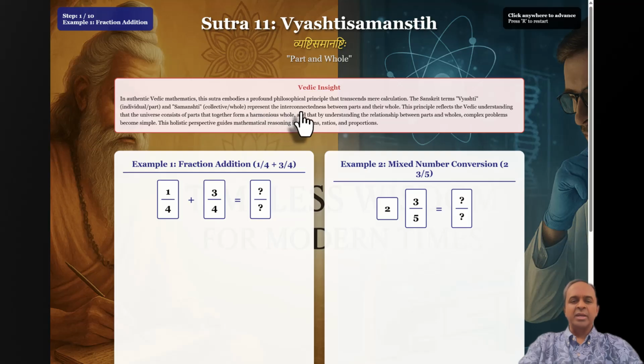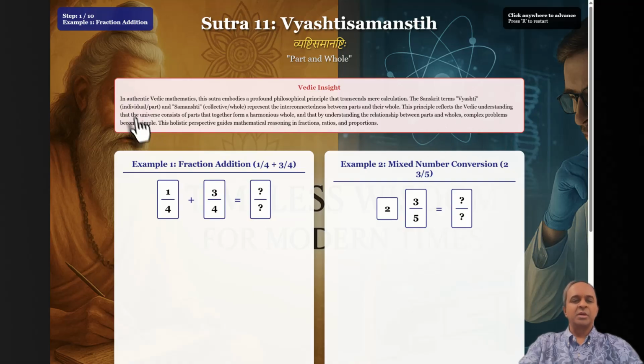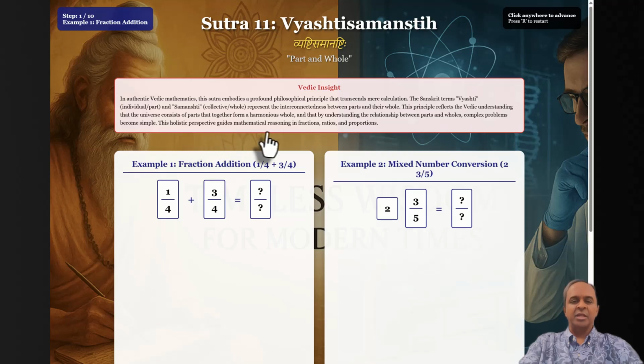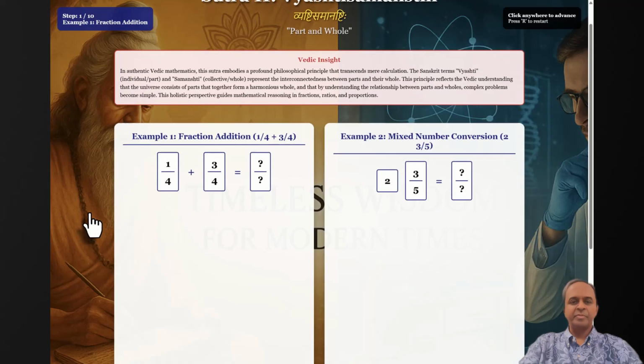Represent the connectedness between parts and their whole. So the principle reflects the Vedic understanding that the universe consists of parts that together form the harmonious whole. And that by understanding the relationship between parts and whole, complex problems become simple. The holistic perspective guides mathematical reasoning in fraction, ratios, and proportions. Okay,